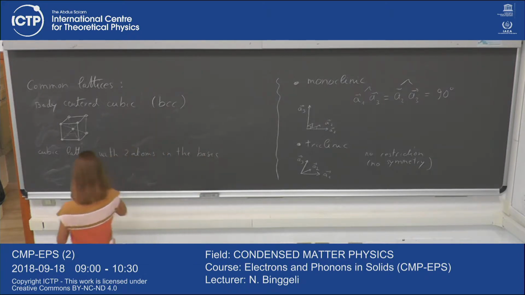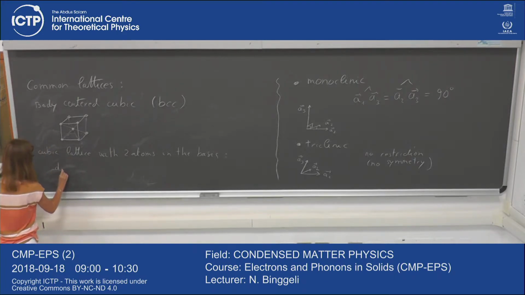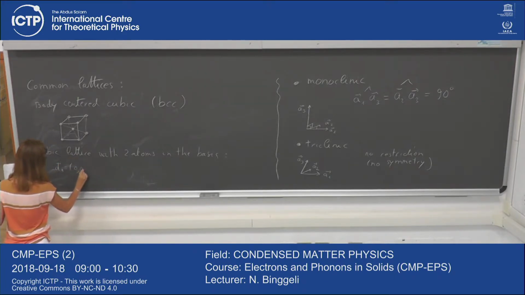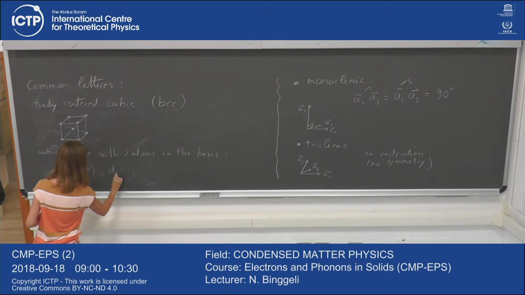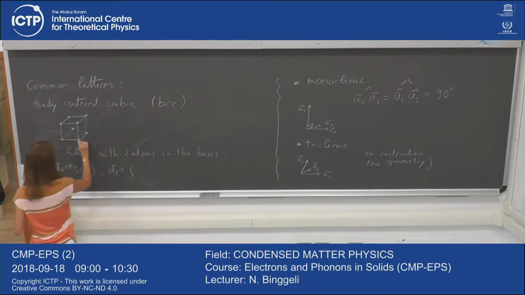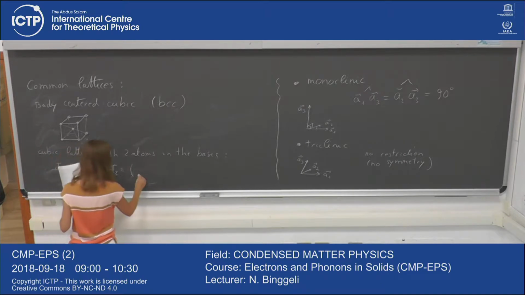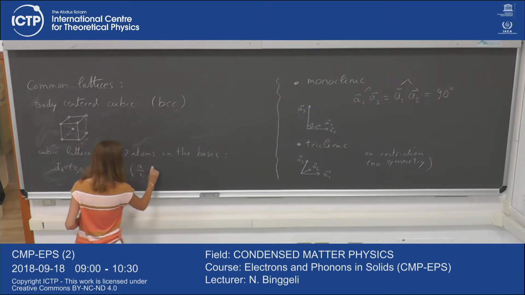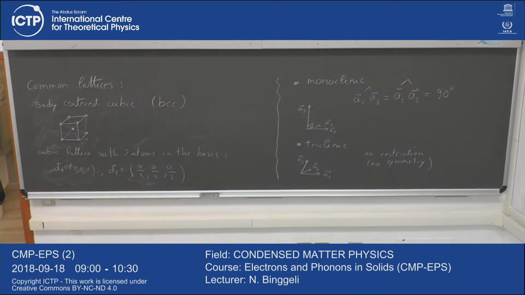And the positions of these 2 atoms, their D vectors, are D1, just 0, 0, 0, and D2 is just the center of the cube. So if my lattice parameter here is A of my cubic lattice, D2 is A over 2, A over 2, A over 2. So the BCC lattice is a cubic lattice, and in addition, at the center of each cube,